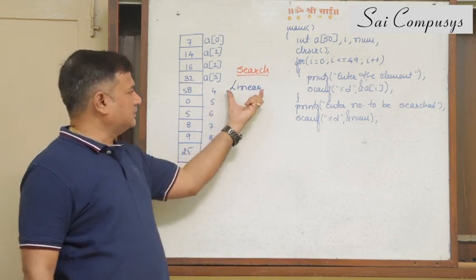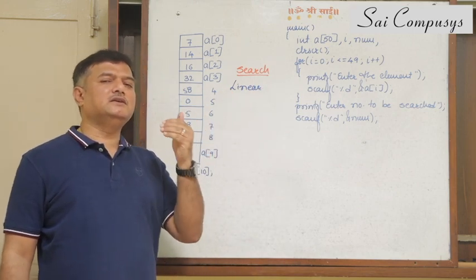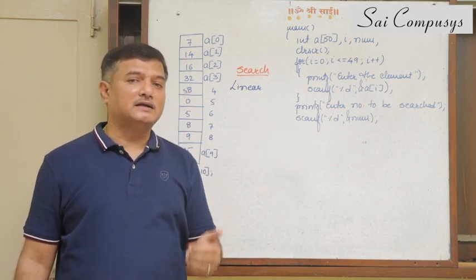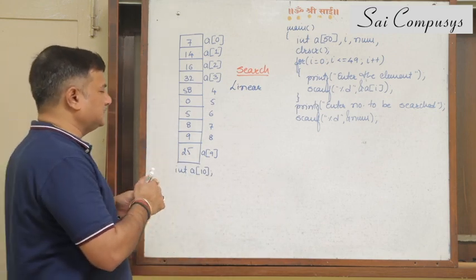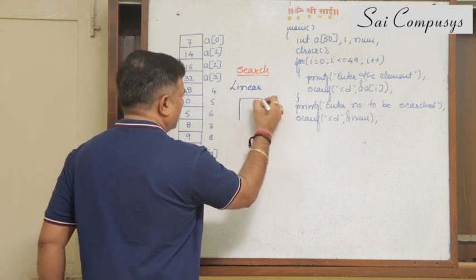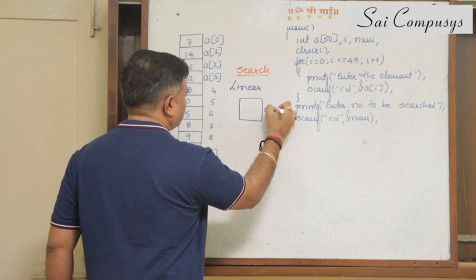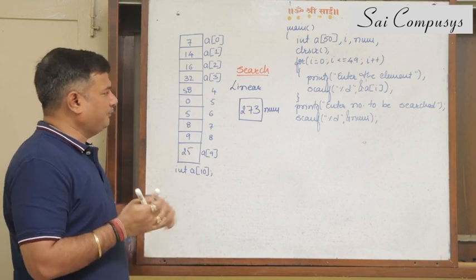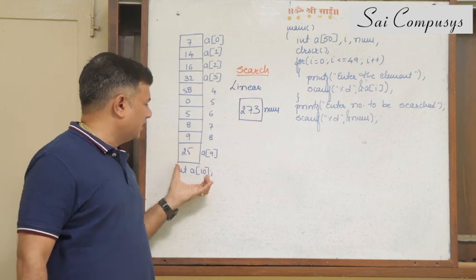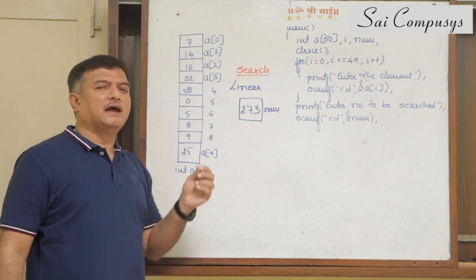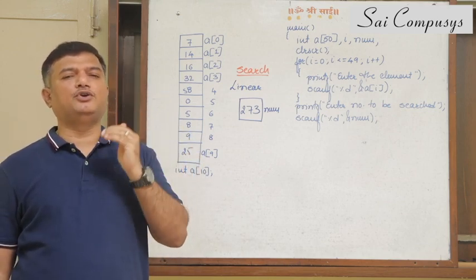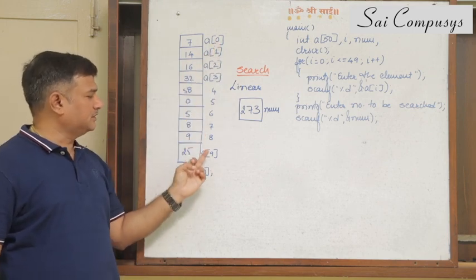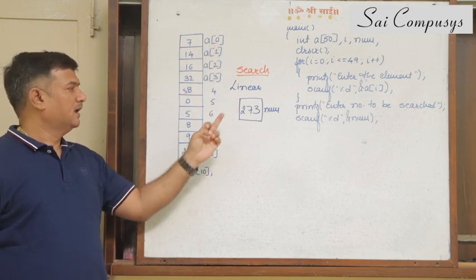Now linear search, as the word suggests, linearly searches the elements from top to bottom, from the first element till the last element. Let us say this is the number. This number to be searched is entered by the user. Let's say the user enters this number. I have to search this number in the array. So obviously I'll compare this number with each element of the array, from the first element till the last element, that is from 0th position till the 9th position.